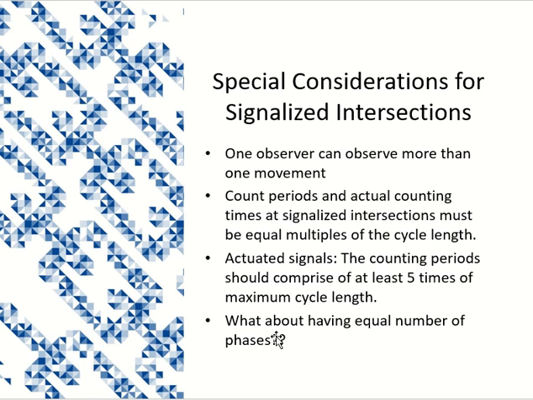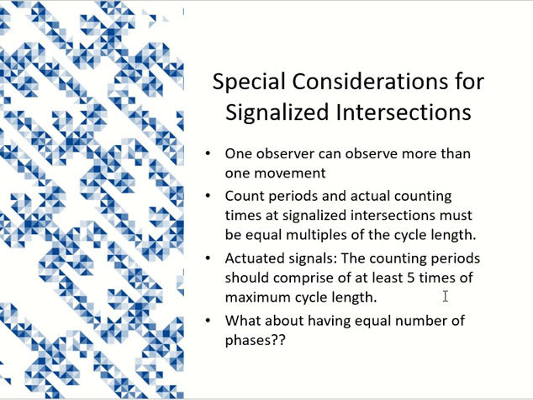Then we take the maximum cycle length, and the maximum cycle length is set by the programmer of the signal. So the signal can increase the time, but it will never go above this maximum value. Let's say the maximum value is 3 minutes. Then you can keep the counting period and the break period as a multiple of 3 minutes. They have mentioned here that the counting period should be at least 5 times the maximum cycle length. But any value should be a multiple of the maximum cycle length, because now there is no constant value of cycle length here. So we just rely on the multiple of the maximum to fix our value.